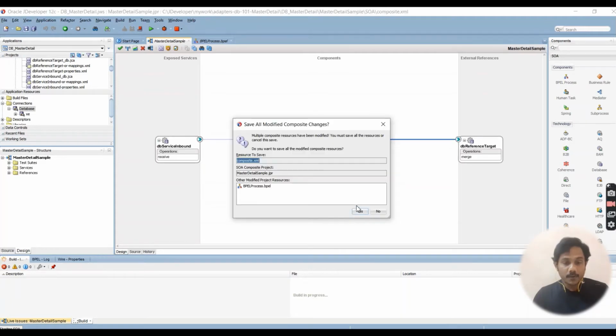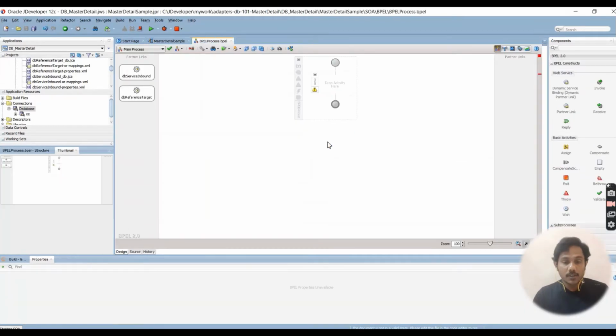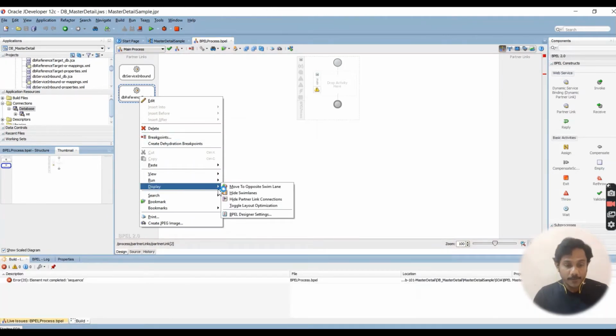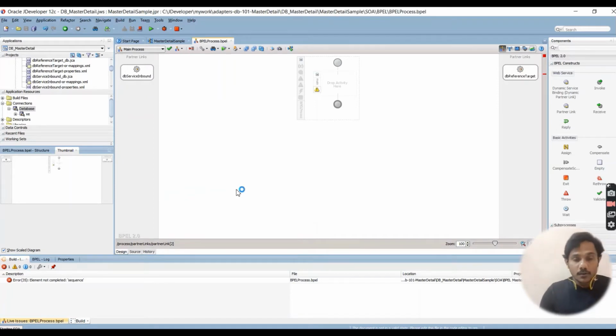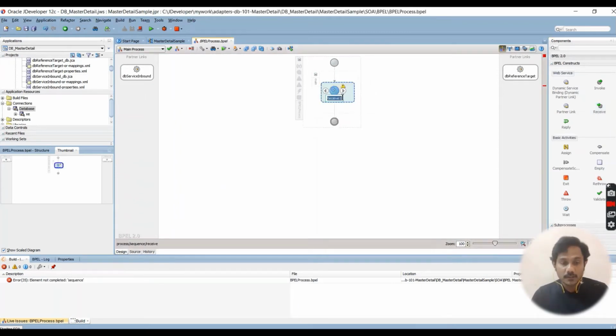Now we are going to design the process. Click on the BPEL process. You can move the target to the opposite side. Now we are going to use the receive activity to receive the data from source tables. Receive data.